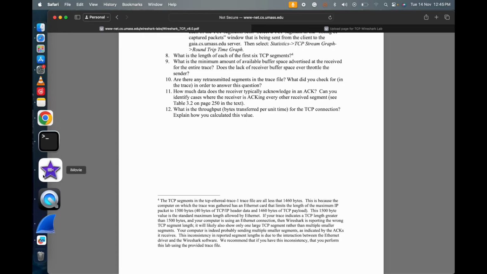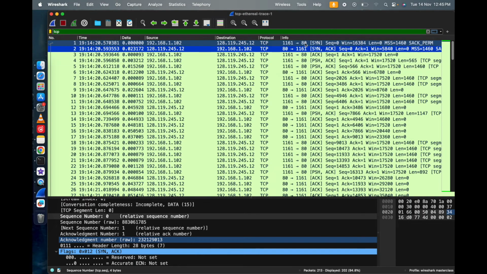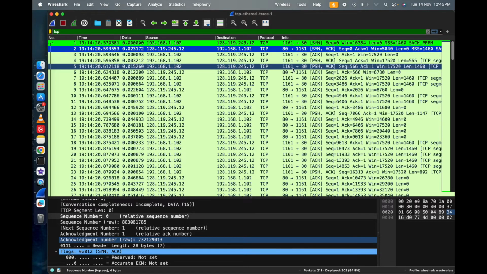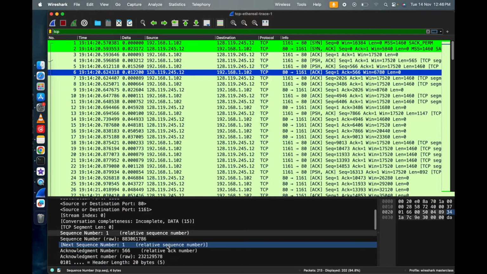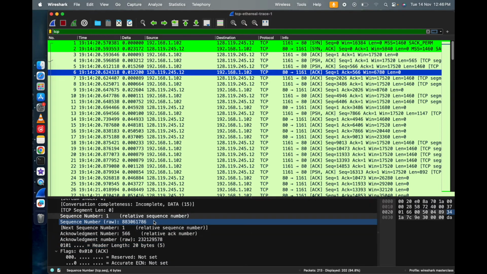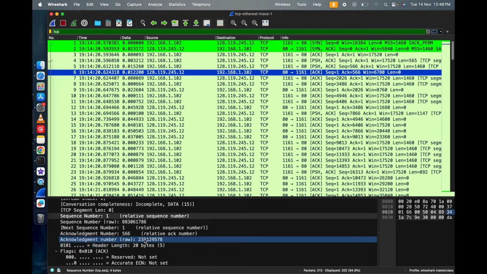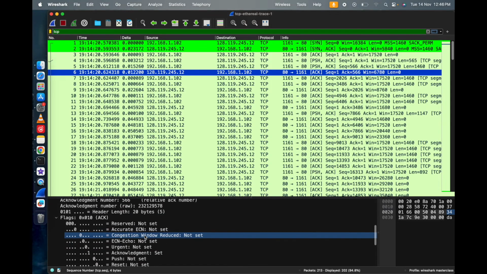So okay, for that, the first acknowledgement is 566, right? Yeah, here the first acknowledgement is 566. Over here, what's the acknowledgement data? The acknowledgement data is 566, and